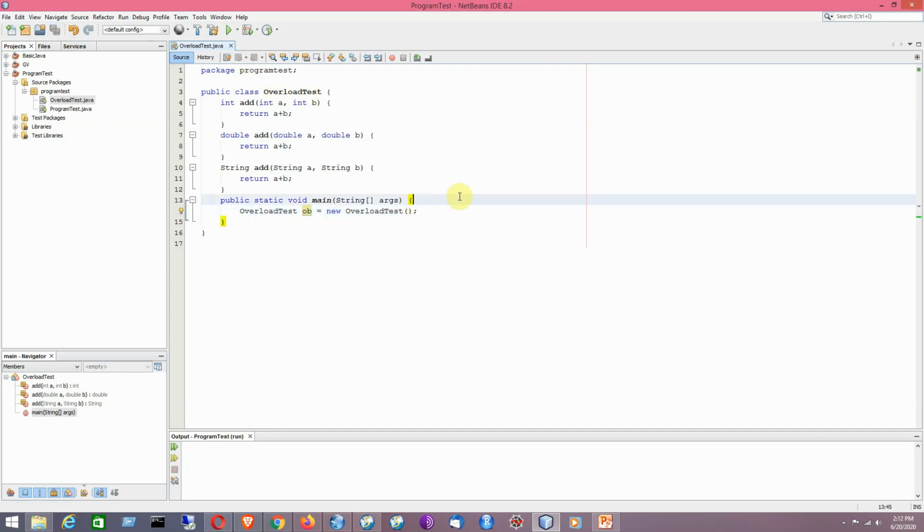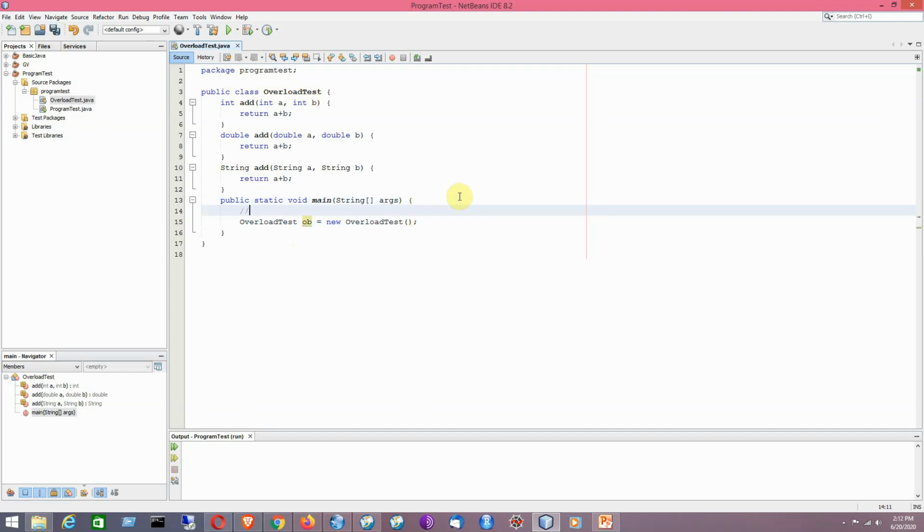So it is basically the example of method overloading with different types of parameters.